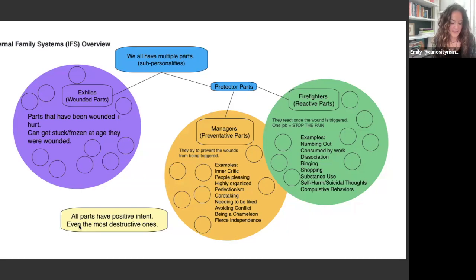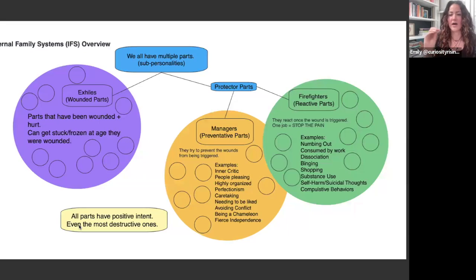And so really at the core, when we think about IFS, it's a very relational model. There's a lot of parallels between IFS and family systems models, of looking at the whole system instead of one problem child, or focusing on one person in the family. It's the same here with this IFS model. It's like looking at the whole system. How are they all interacting together? How are they playing off of each other?